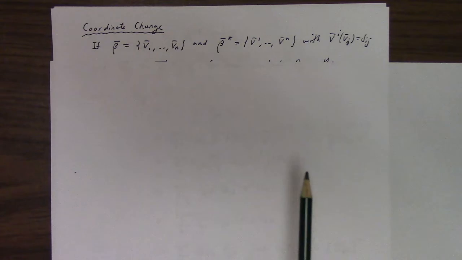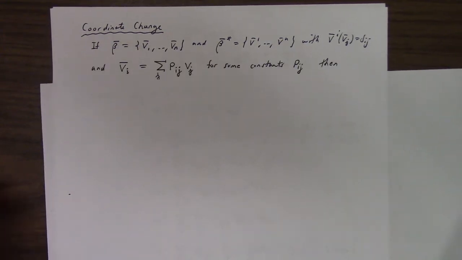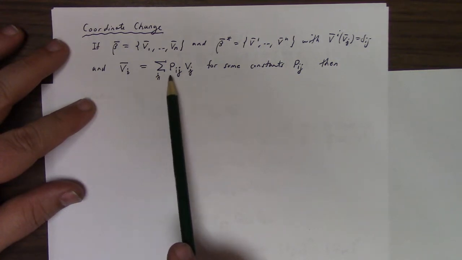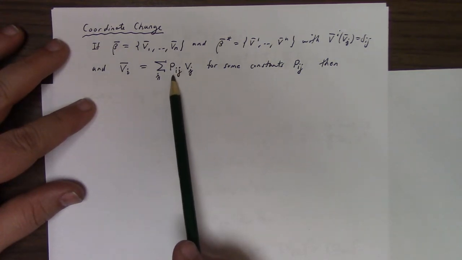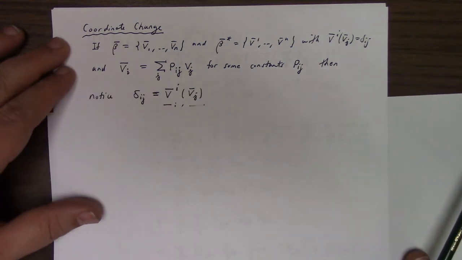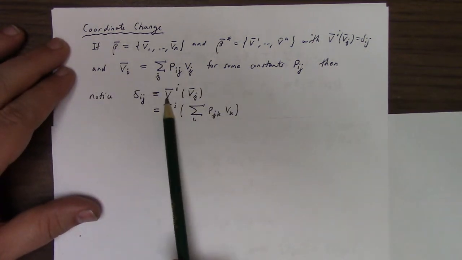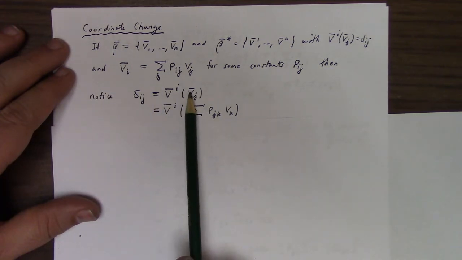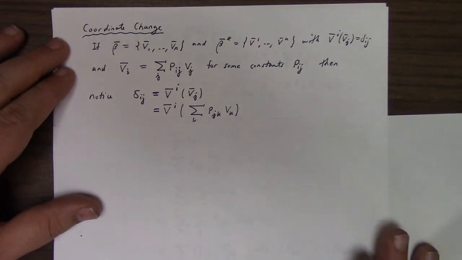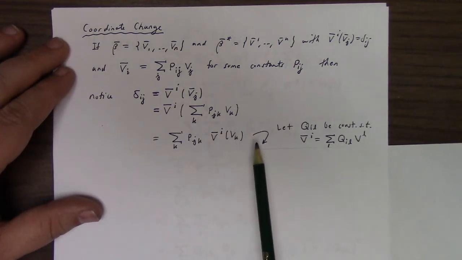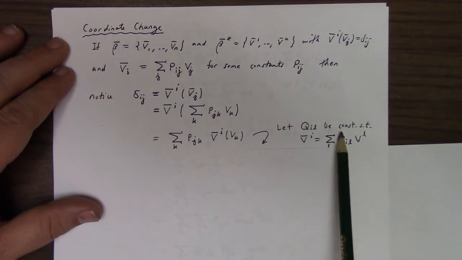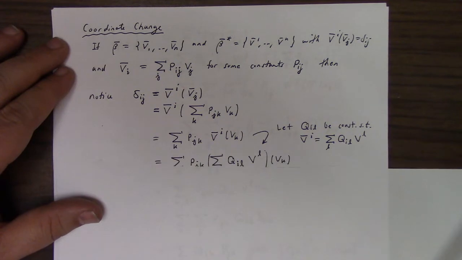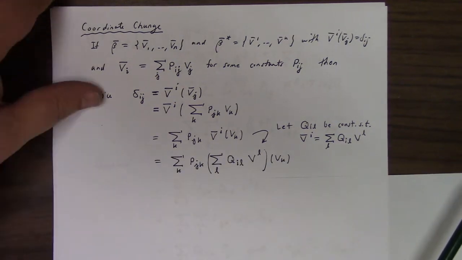Another way to look at coordinate change is just in terms of direct calculation. That's what I do here. If I write the bar basis in terms of the initial basis and some set of constants, then the duality condition between the dual basis and the basis gives me that, and linearity, pull that out. But then I let Q be another set of constants such that the barred dual basis relates to the dual basis, like so. Plug that in, use linearity,